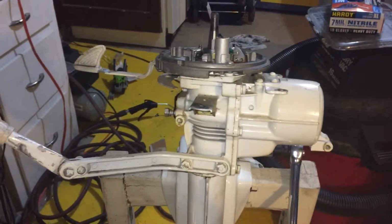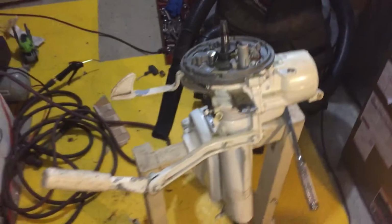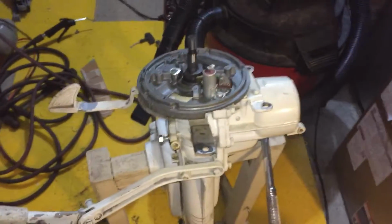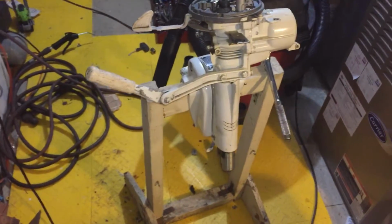I put it in the backyard. It sat for two or three years. And I said, this engine would be perfect on my little 14-footer. So I brought it inside. I started doing the research, going to YouTube, and everyone seems to have some sort of 60s, 50s